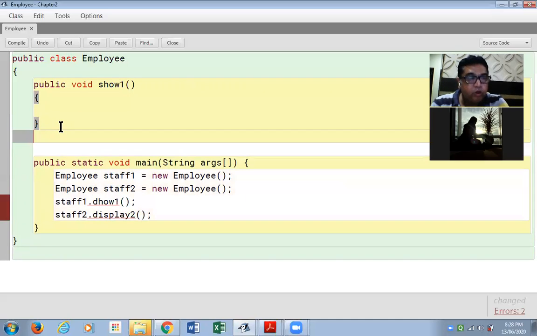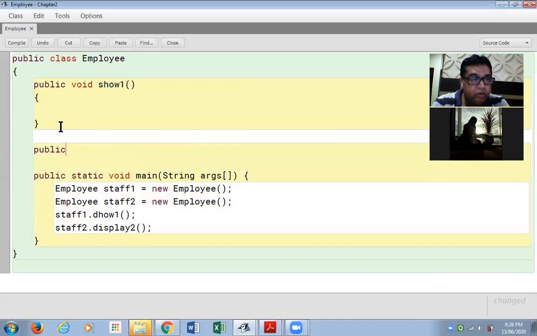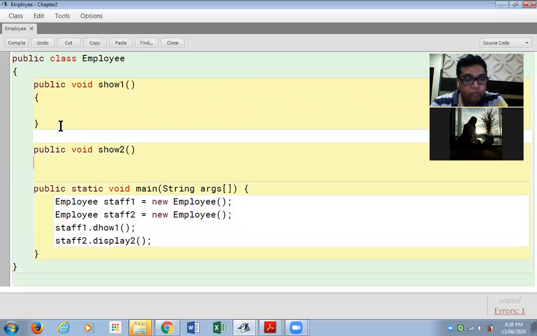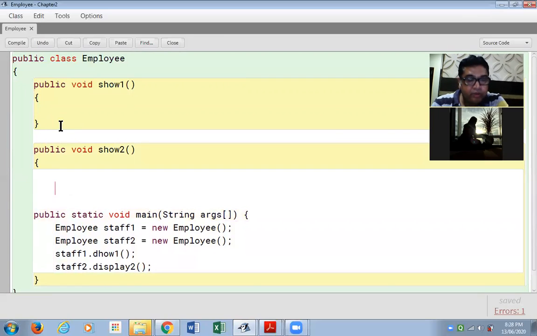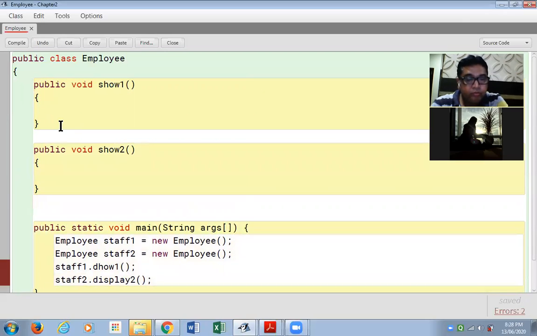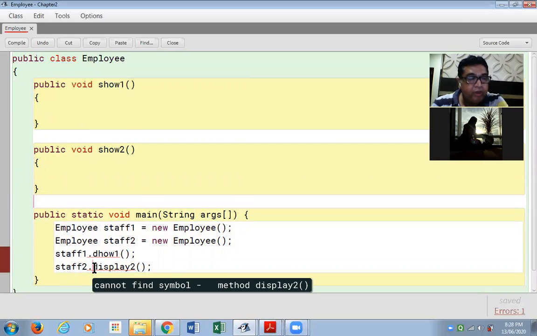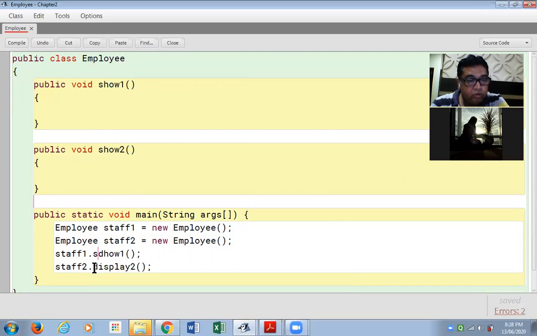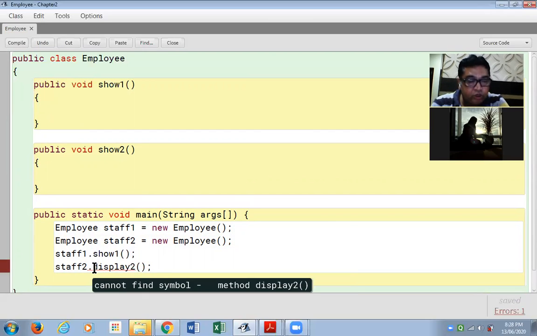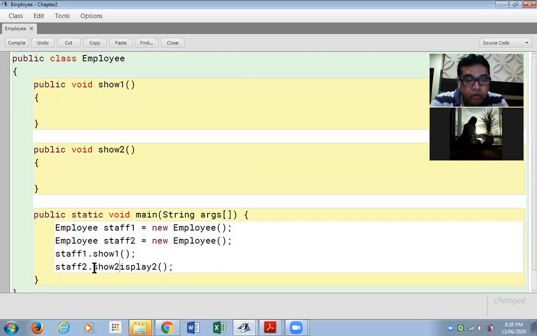And the other function we'll name as show2. Curly braces for this function also. And also when I call the function show2. Purposely I've changed the name of the function just to show you that not necessarily, since in the picnic class we had the names display1, display2, the function name over here should be the same.